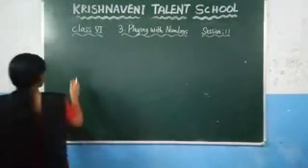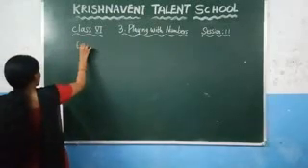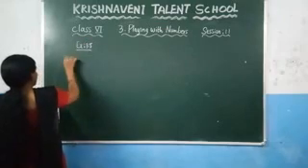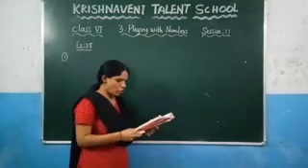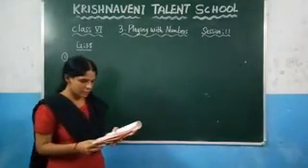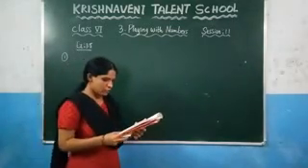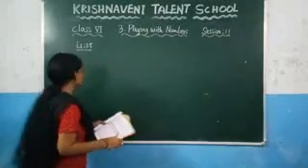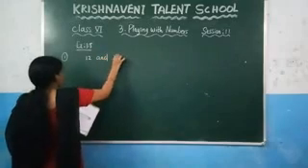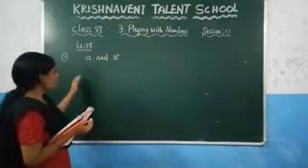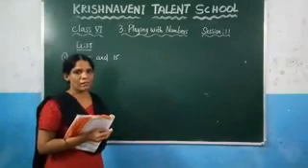So here exercise next, which is exercise 3.5. In that the first question. Here find the LCM of the following numbers by using the prime factorization method. In that there are six questions given. See the first question, 12 and 15. You need to find the LCM of these two numbers by using the prime factorization method.